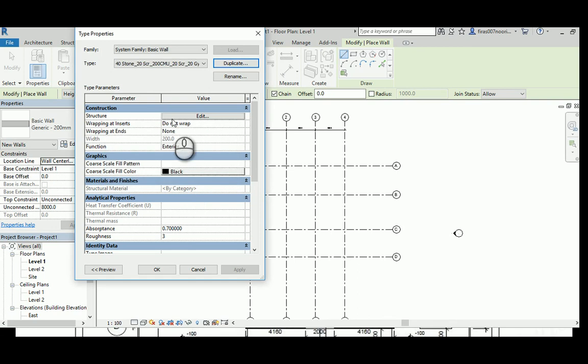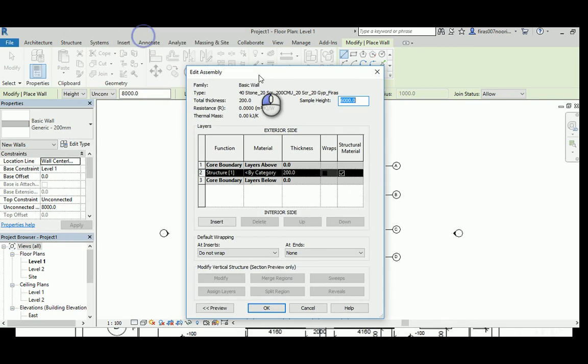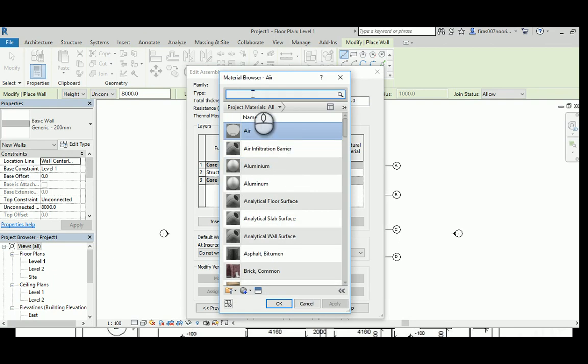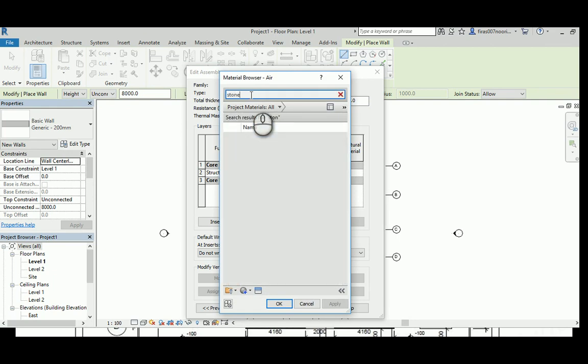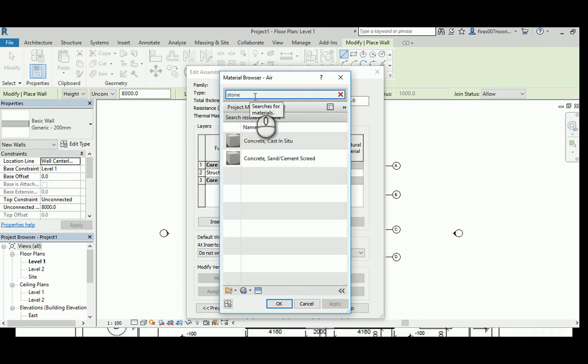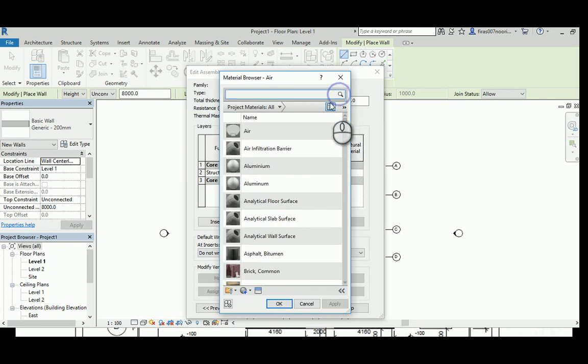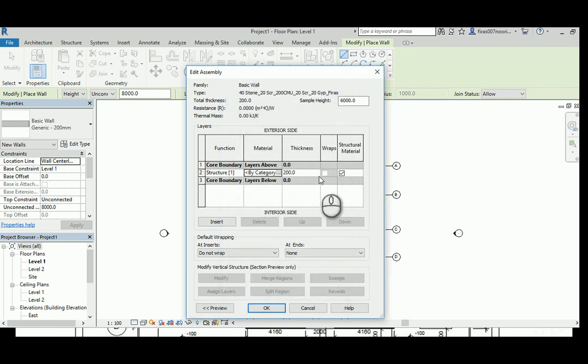And now in the structure edit, it's really a good idea to go here in front of the structure one. That's, as you can see, the highest hierarchy here. Come over here, and if you write in the material anything stone here, marble, whatever, some of the material you might not find. So you can just have a look again,